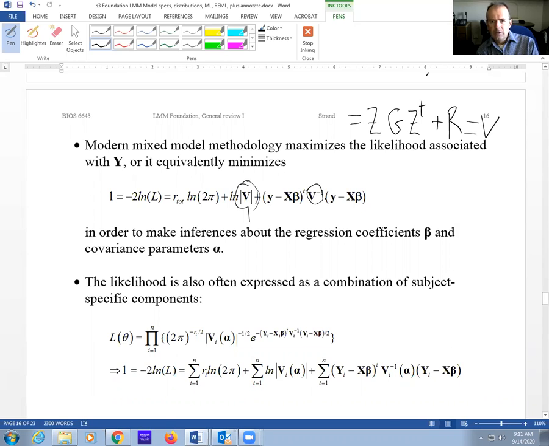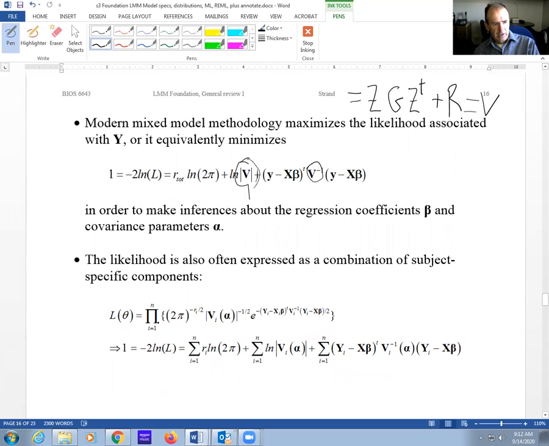And what you can do then is actually multiply those densities. So you have a multivariate normal for an individual subject, and then you have a multivariate normal for another subject, and you can just multiply those across subjects. And that's the way I've expressed it on this page here, a product of multivariate normals for the n subjects that we have.